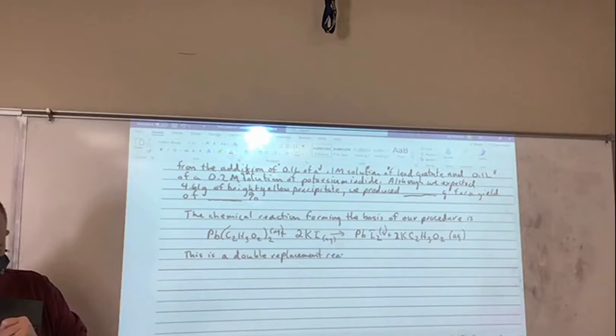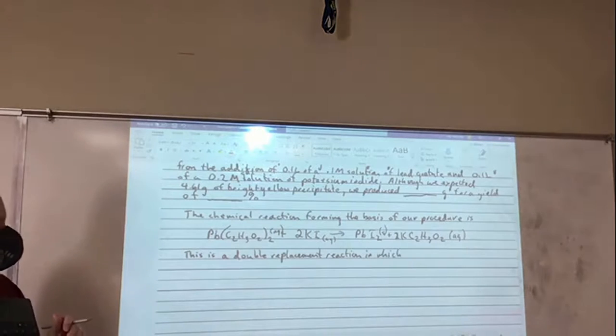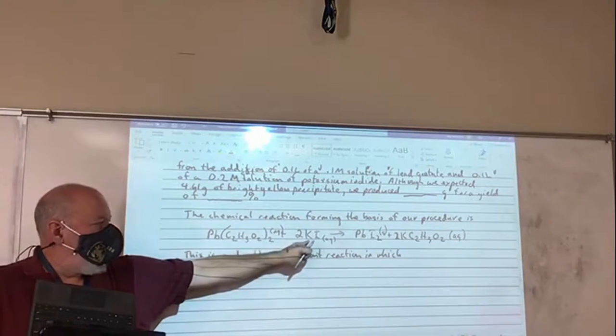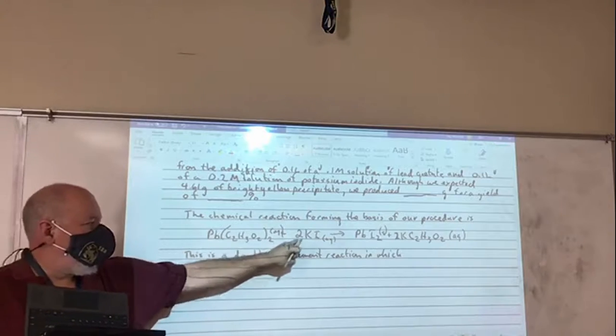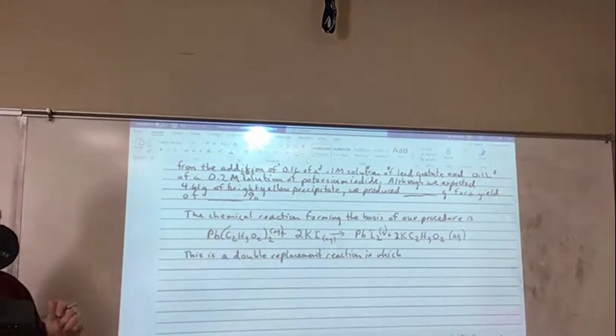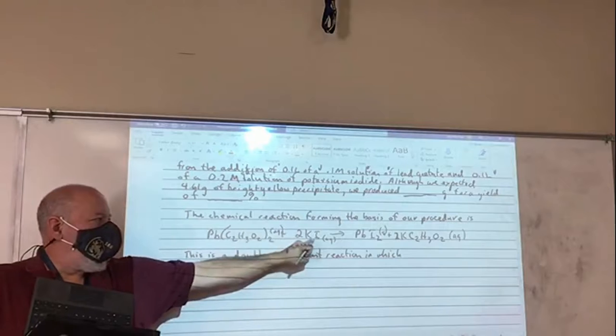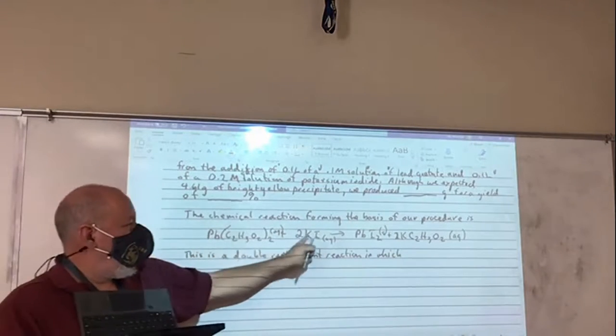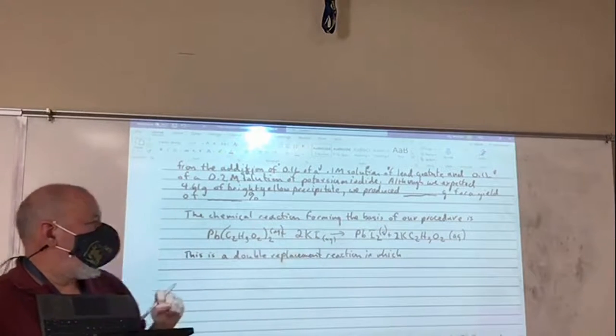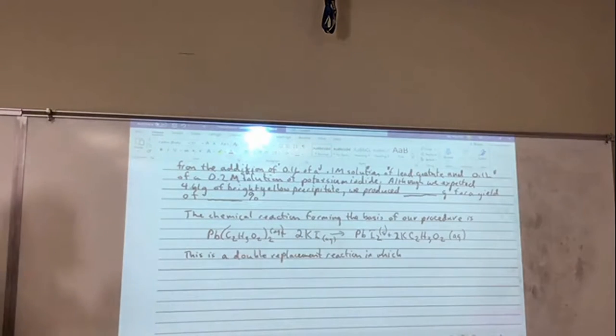This is a double replacement reaction in which we change the cations, okay? We're going to switch the lead for potassium, and that's exactly what we did, right? We switched the lead for the potassium. So this is a double replacement reaction in which